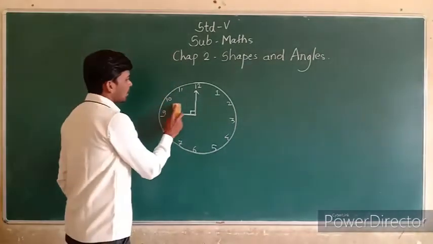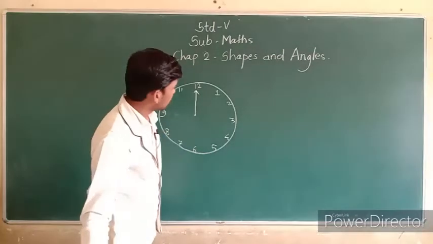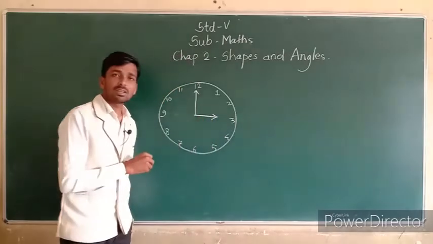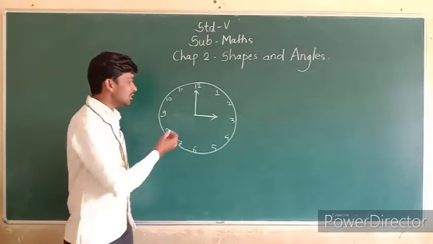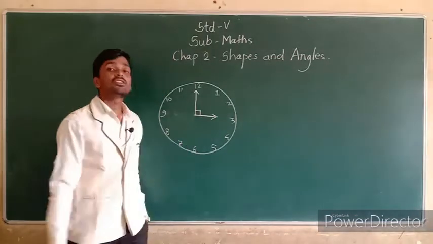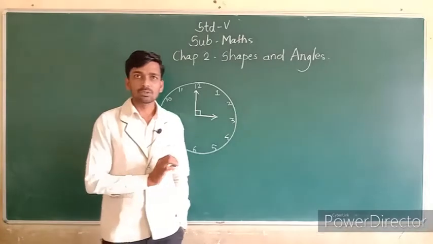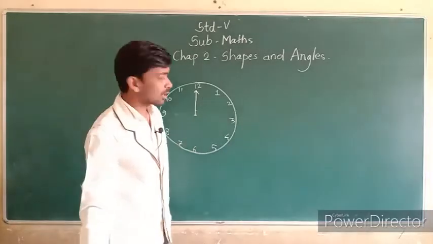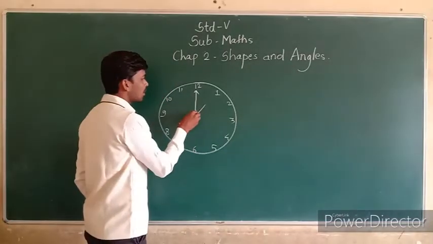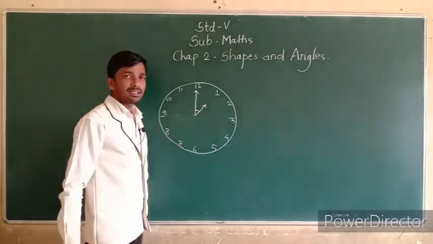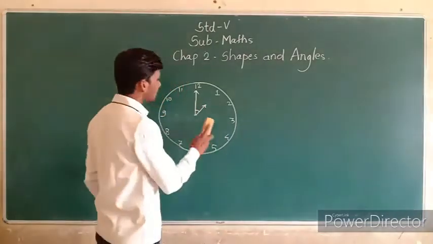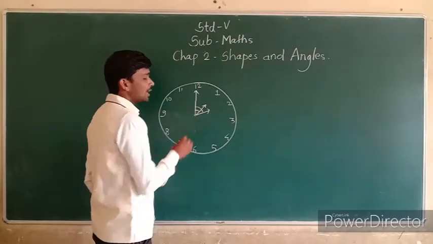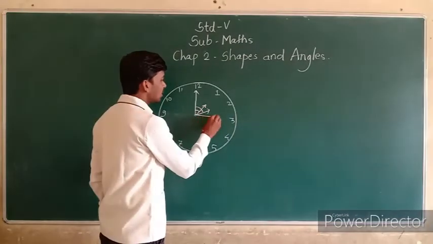Also, when the hour hand goes on 3, which angle is there? This is also a right angle. All of you understood this? Like that, many angles are formed in this clock. When the hour hand is on 1, that is less than a right angle. When the hour hand is on 2, that is also less than a right angle. The hour hand on 3 is